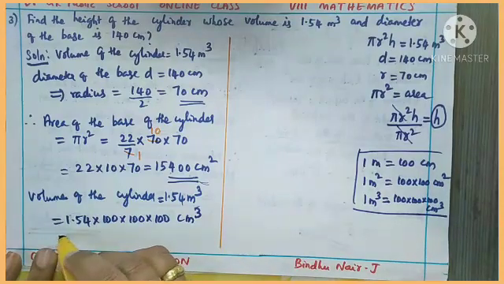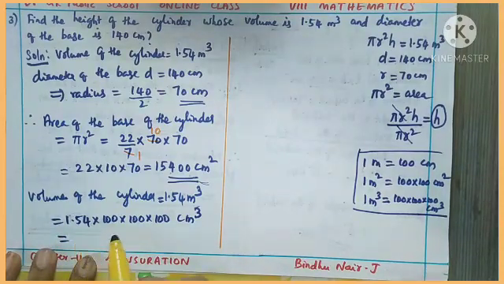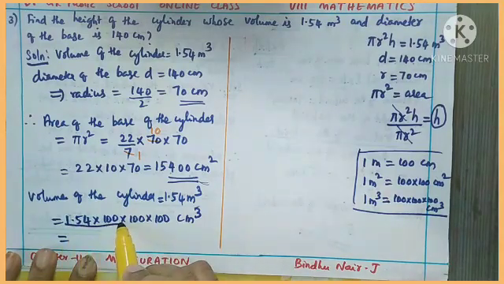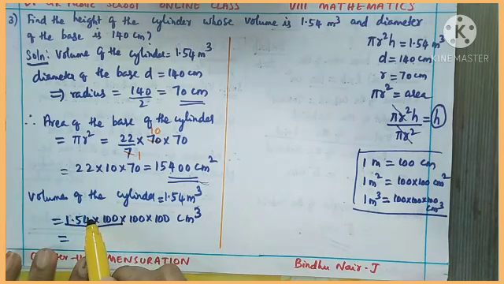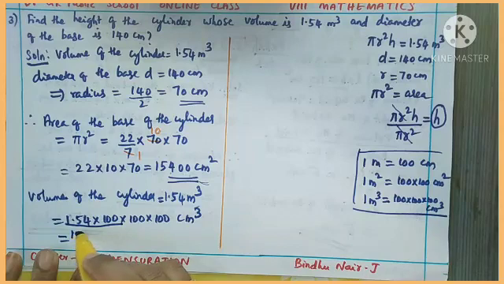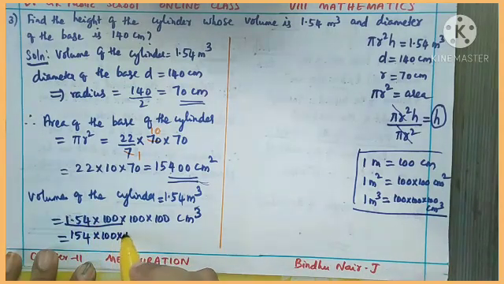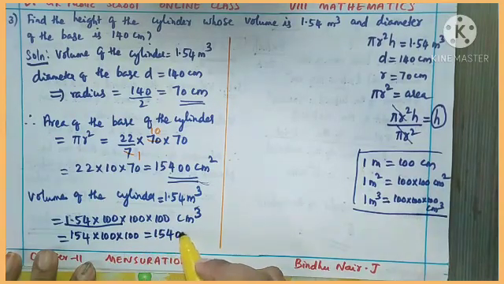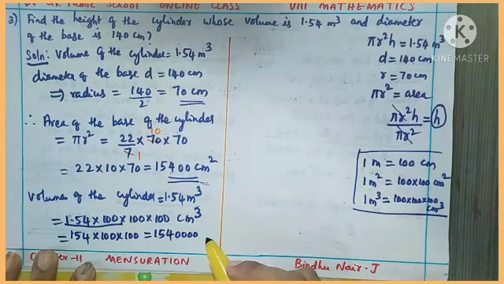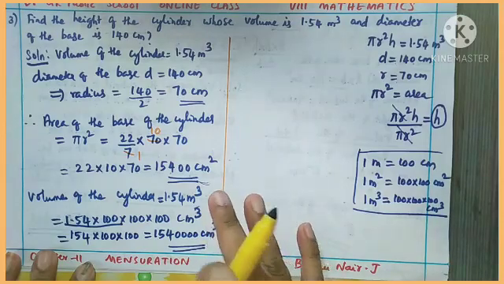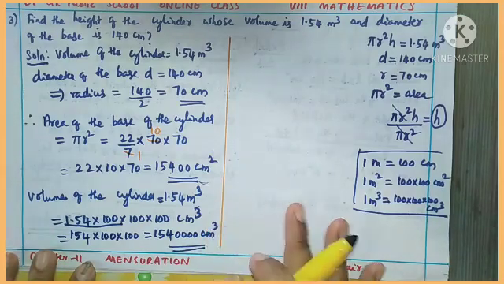Okay. And you can solve this. 1.54 multiplied by this. So here you see, when you combine these two, into 100 means you can move the decimal 2 places right. So it becomes 154. The decimal will come here, and then you have 2 more hundreds, that is 4 zeros. So 154 and 4 zeros centimeter cube. Okay. So here what we did, we converted the volume of the cylinder into centimeter cube.